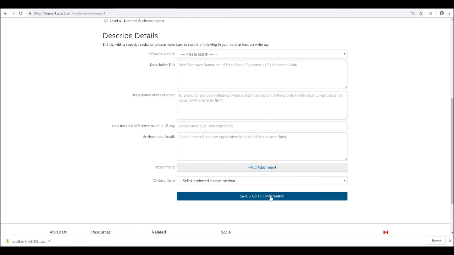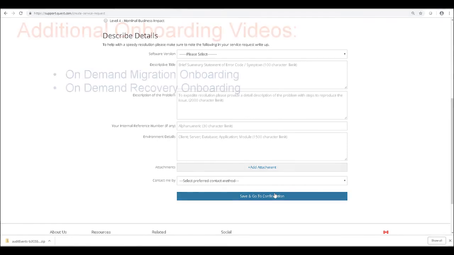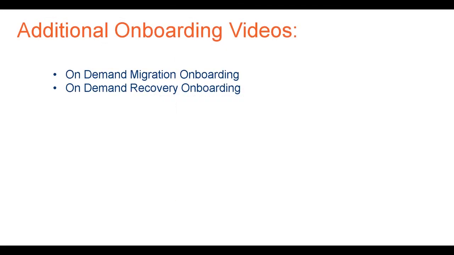a moment ago. Now that we've covered everything from your welcome email to signing up, to creating an organization, adding a tenant, granting permissions, viewing the settings, and getting help, you can consider yourself onboarded for the general use of On-Demand. Please also take note that there are other onboarding videos for specific services within On-Demand as well.